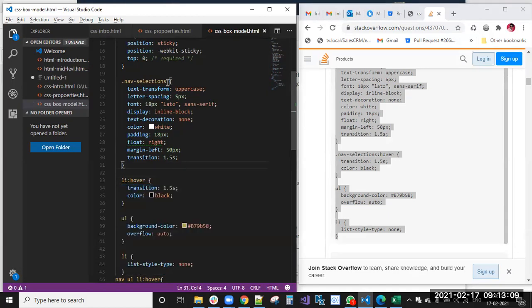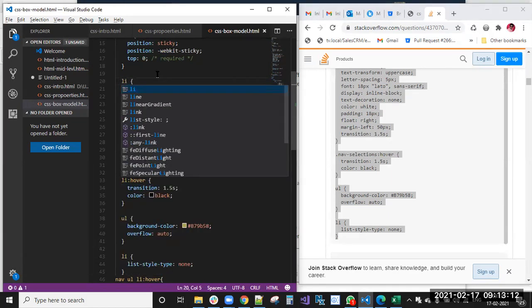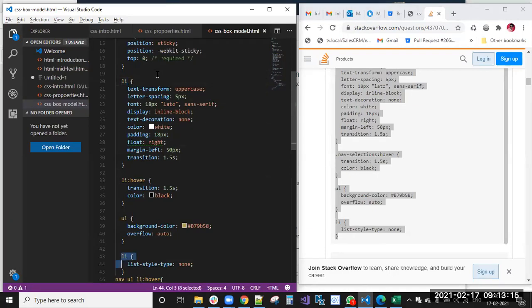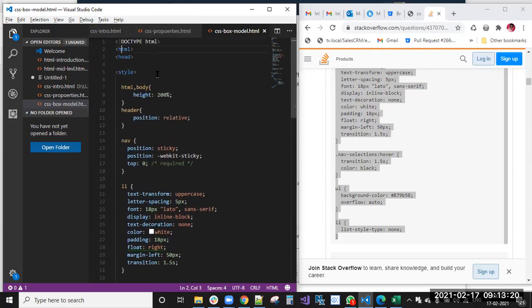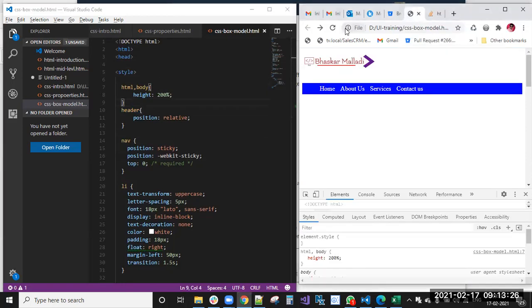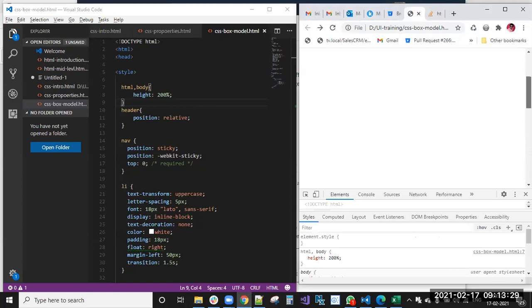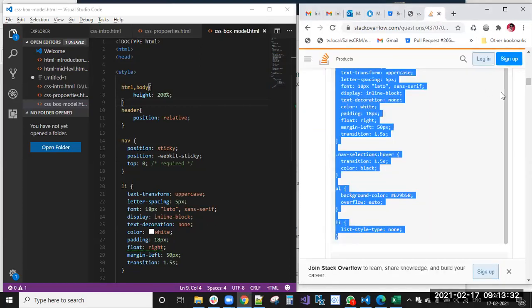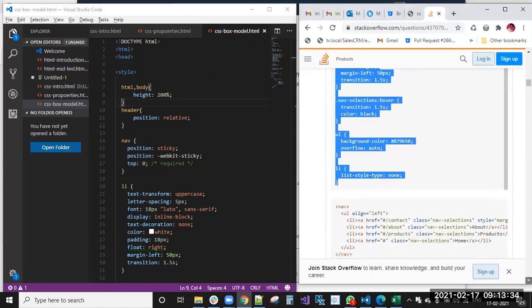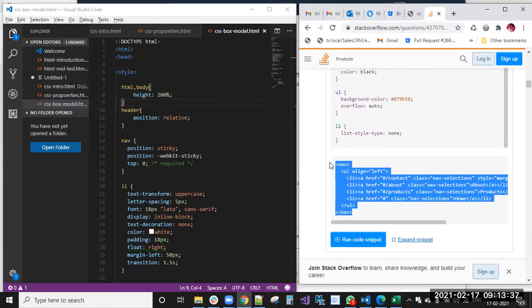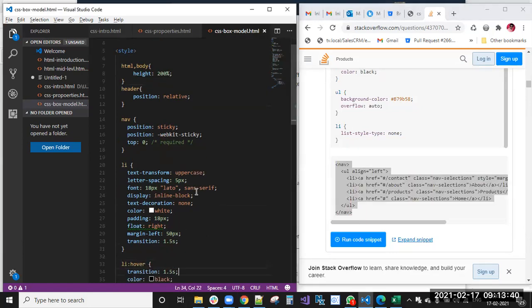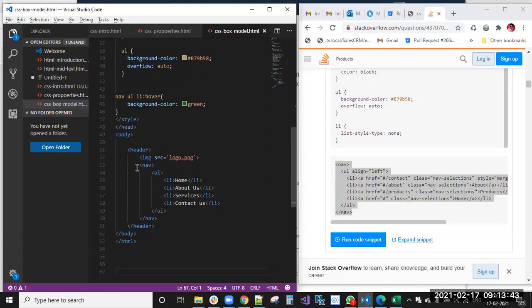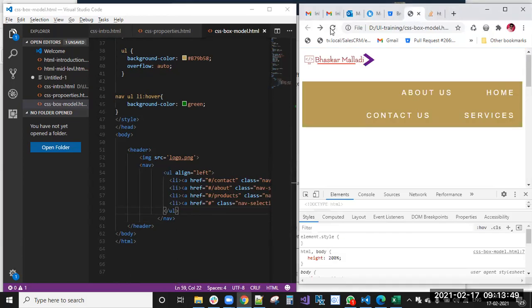We can also remove the HTML body now. Okay, I'm just refreshing that.